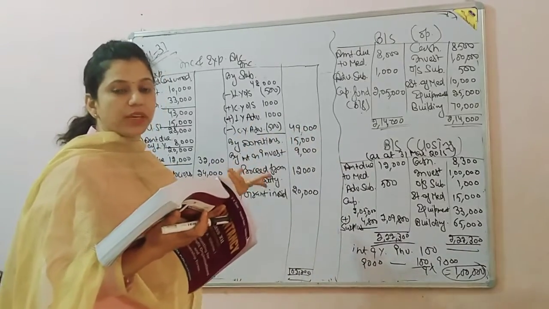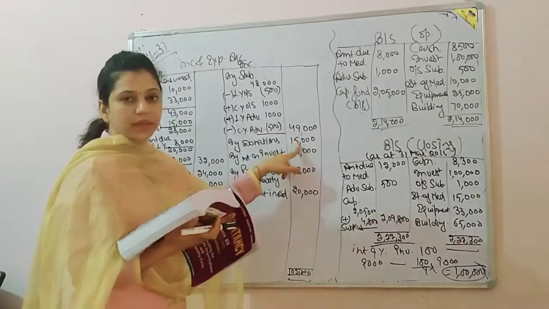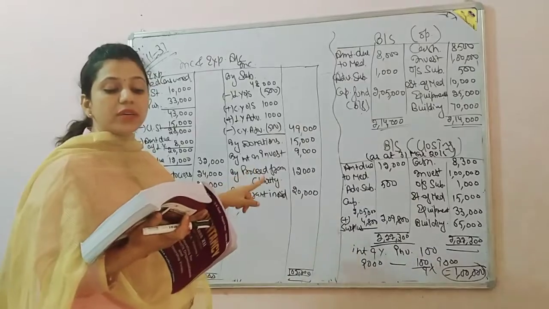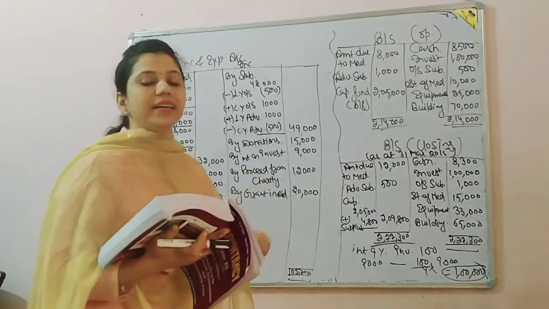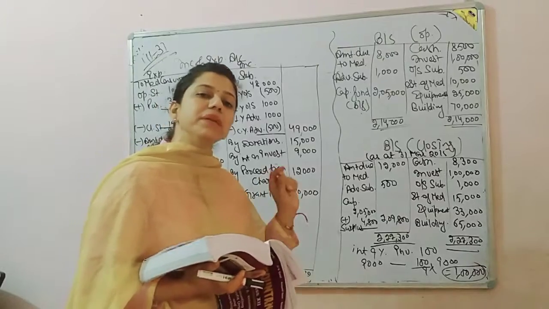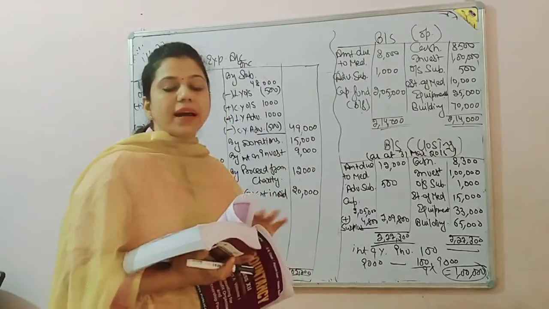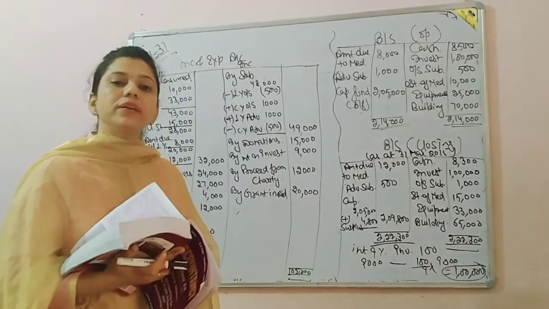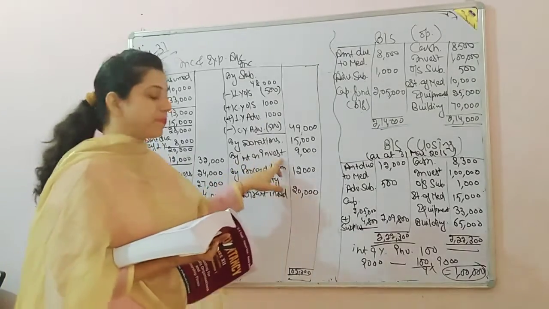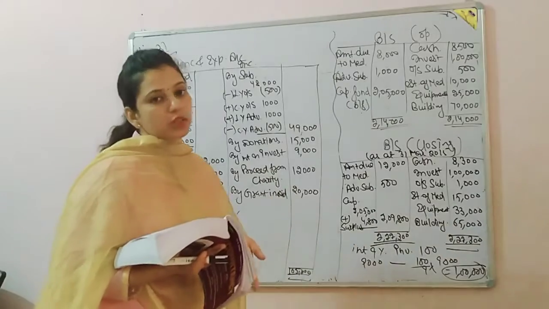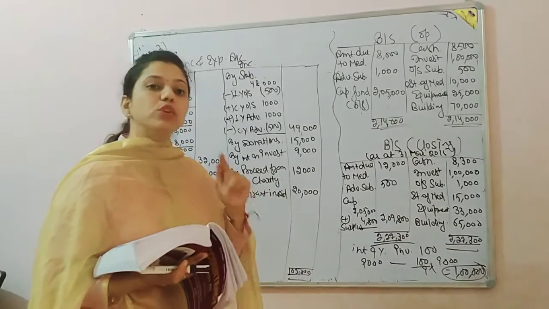Next item is donation. So donation is again an income. Next item is interest on investment. You must keep it in mind whenever a rate is given, that means there is some hidden information regarding value of investment or interest on investment. Now interest is given, so it is an income, but investment is not given in the question. So we have to calculate.